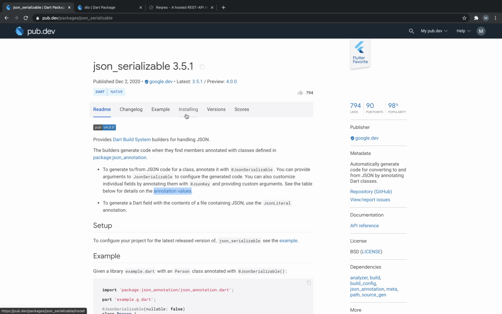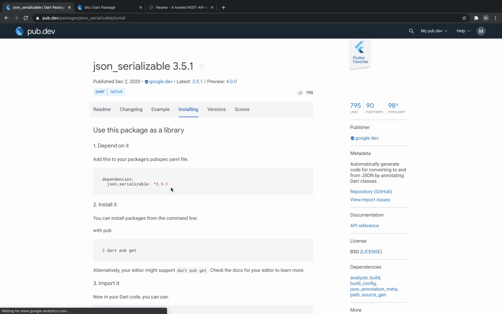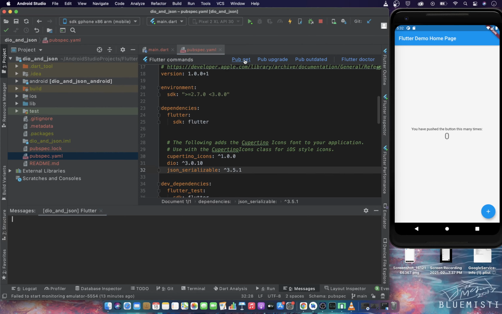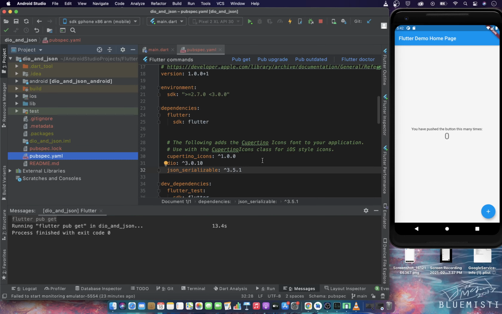So for installing this, you have to go in installing tab like you did with the Dio package, and you just have to paste this line in your pubspec.yaml file. So you can do it after Dio, and then you are good to click on this pub get. This would install the package in your application, and you can use it in your application. And now we have installed a couple of packages successfully. The first one is Dio that will help us making HTTP requests. And the second one is Json Serializable that will be helpful for us for parsing the data into real Dart